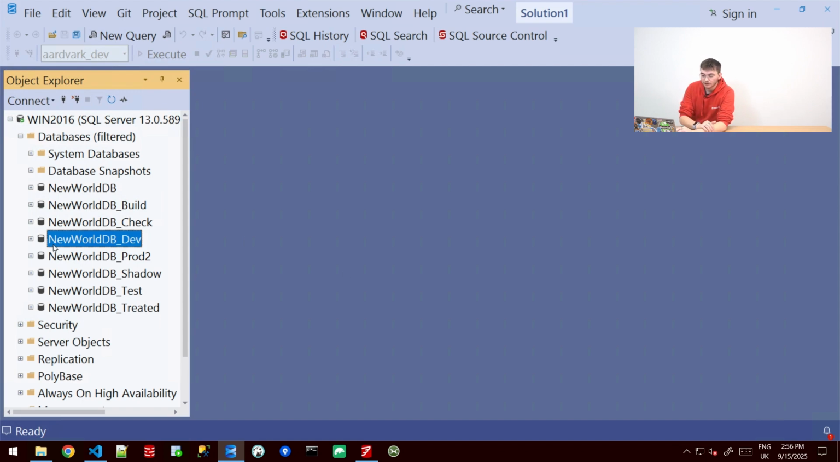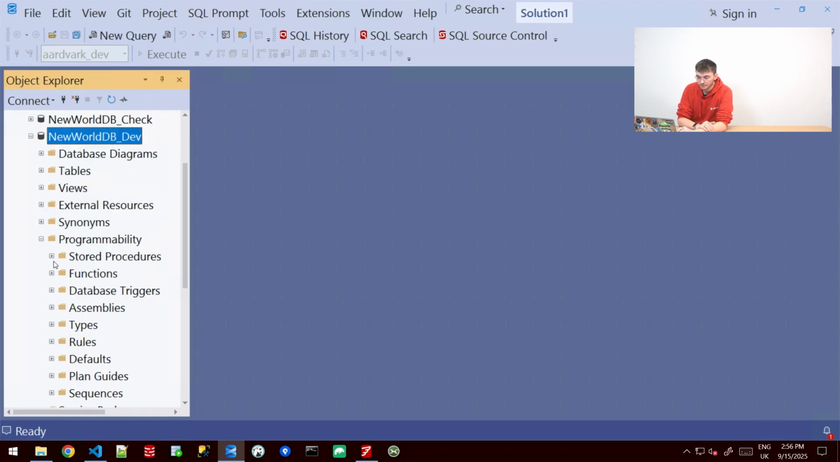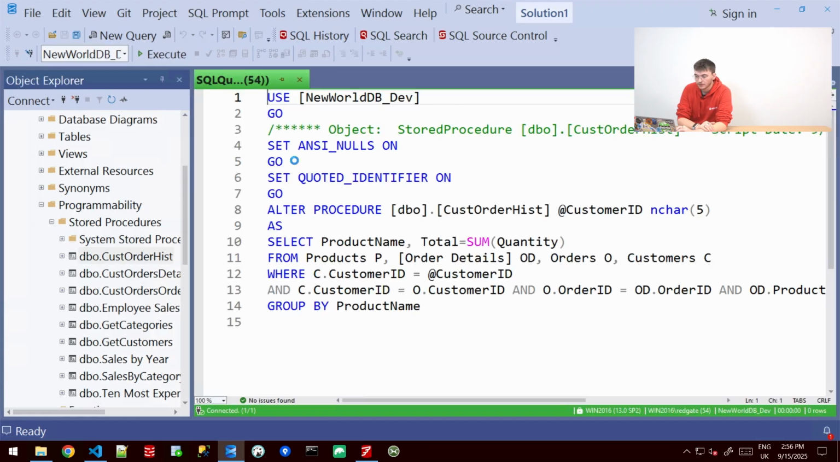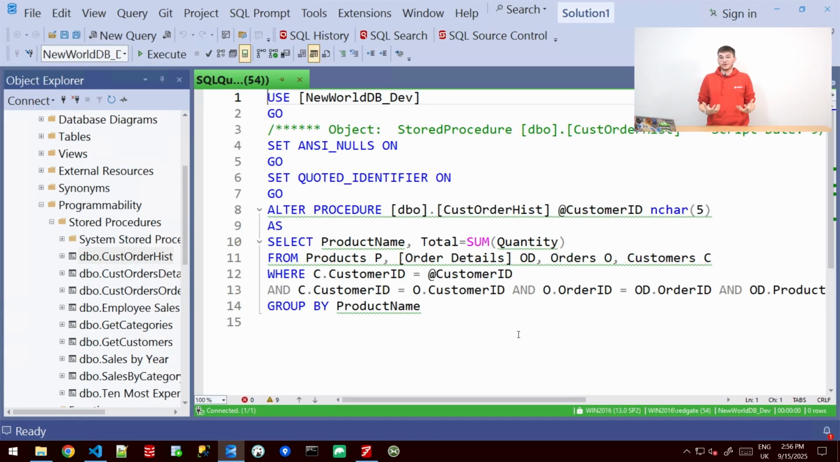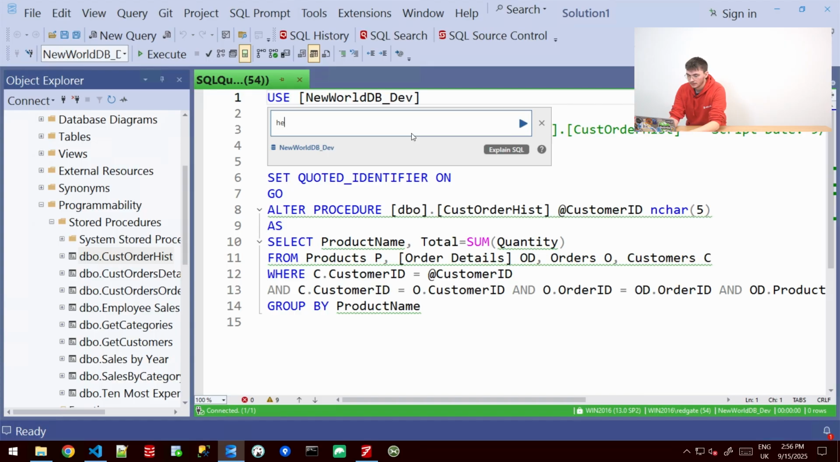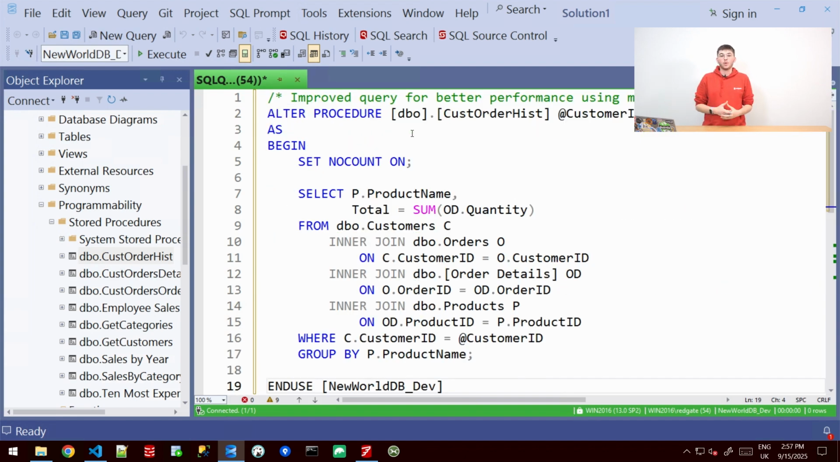So I can come into maybe New World DB Dev. Let's find a stored procedure. I could hit modify. And again, modifications to queries, understanding the dependencies, this is something that an AI tool is really, really good at. So I should be able to say Alt-Z, again, open up my window and say, help make this more performant. Hit enter,